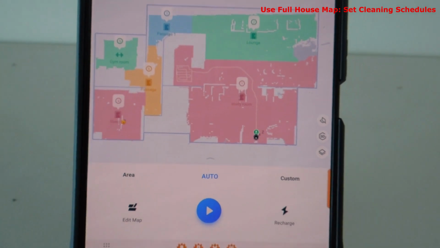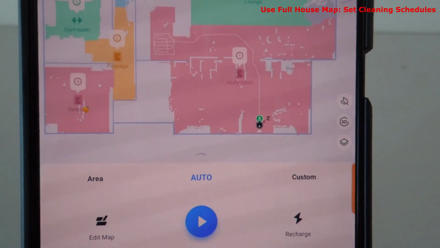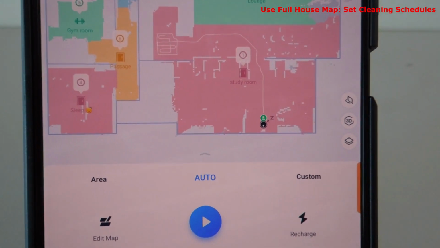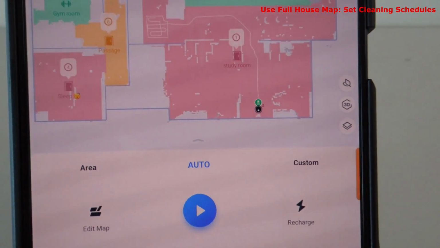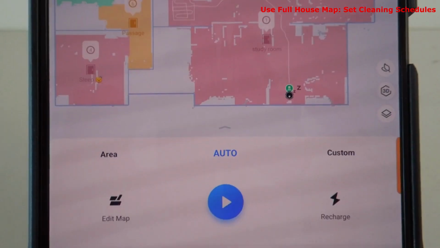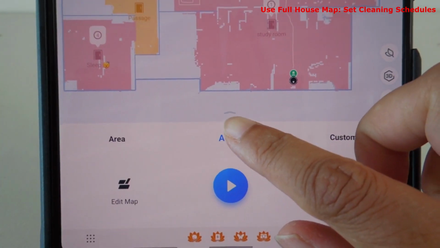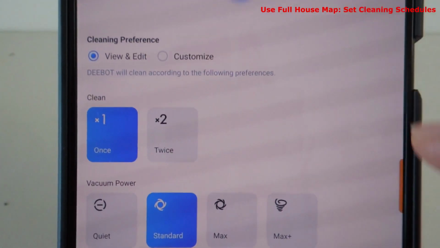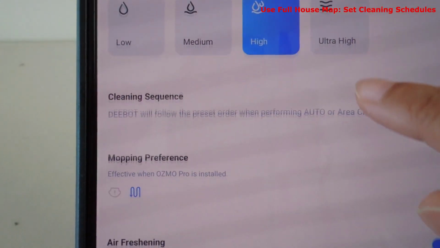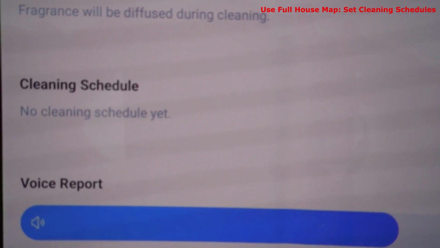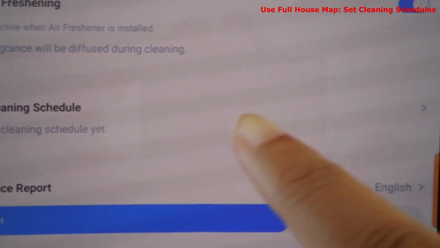So this chapter is to talk through how you can schedule a DEEBOT to clean at a particular time. In order to do that, in the ECOVACS Home App, just above this auto button, you can see this gray arrow. So just swipe that up and then scroll. You'll see for the cleaning schedule, it says no cleaning schedule as yet. So just on this row,